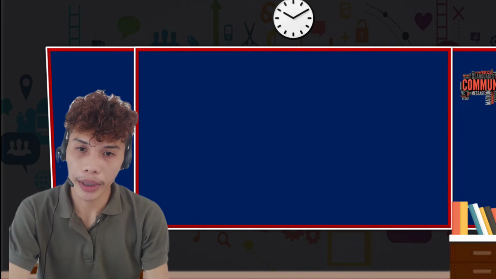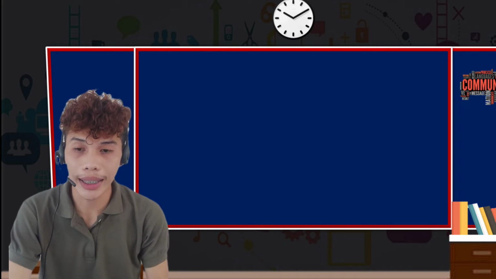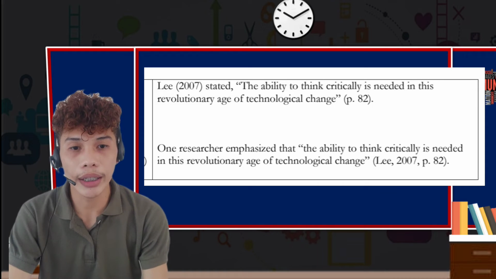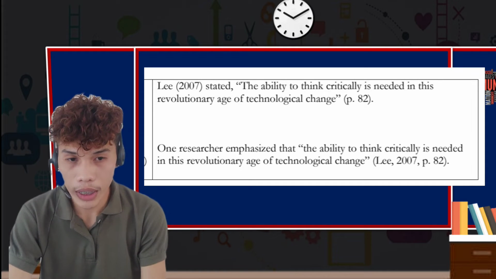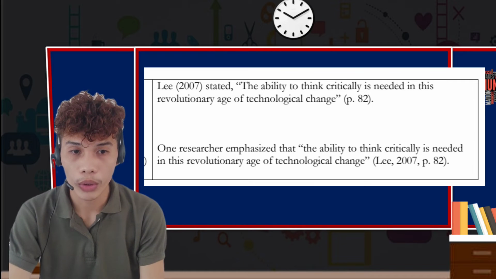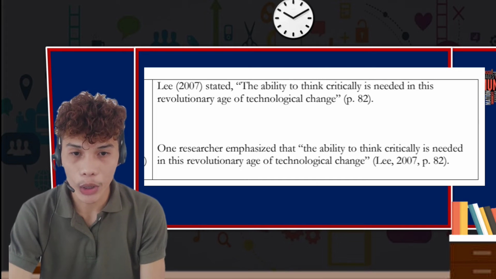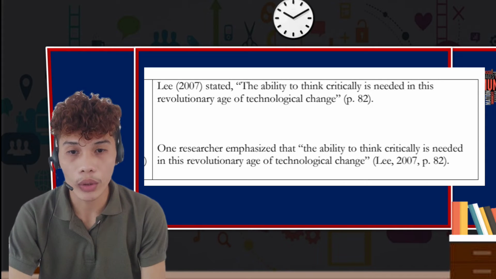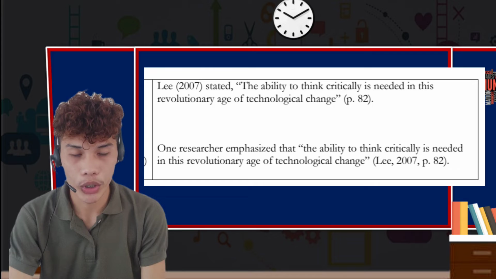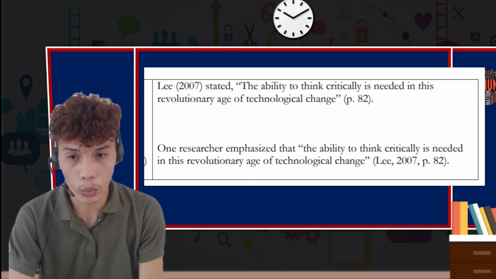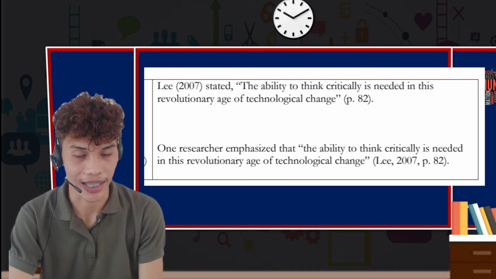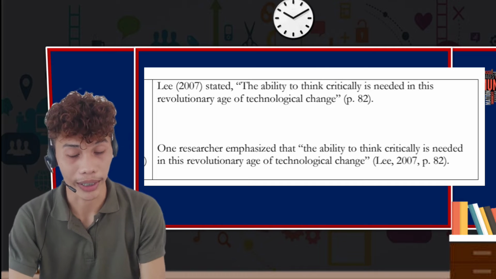So when you incorporate a direct quotation into a sentence, you must also cite its source, just like this. As you can see in the first statement, it started with the author's name. The year of publication is also written there, enclosed in parentheses, then followed by the quoted words of the author, including the page number. However, we can also do it this way. In the second example, the author's name is enclosed within the parentheses, but it is placed at the latter part of the sentence. Okay, so you can do it either way.